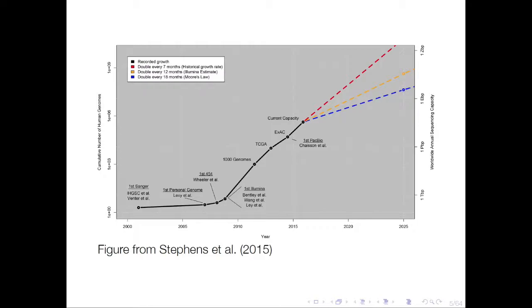This paper estimates that the recent historical growth rate is a doubling every 7 months. Illumina, which is the company that makes most of the machines on which most sequencing is done, put that estimate at a year. Either way, this is outstripping Moore's law. Someone recently pointed out to me that if you extrapolate this to around 2025, it would suggest every human in this world will have been sequenced, which is maybe not realistic. But the ability of modern DNA sequencing technology has really evolved in leaps and bounds over the last decade.